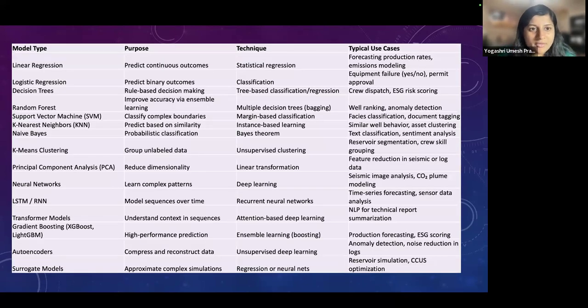So here are all the model types that I think everyone should take into account, what their purpose is, their technique, and typical use cases in oil and gas.